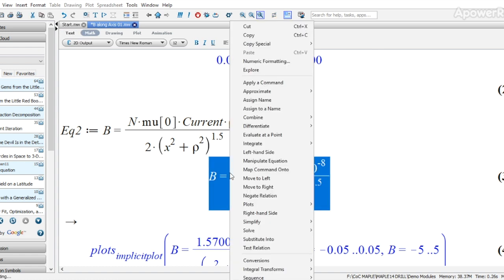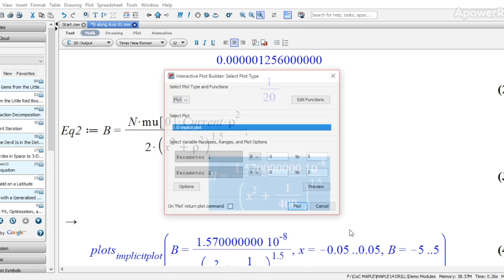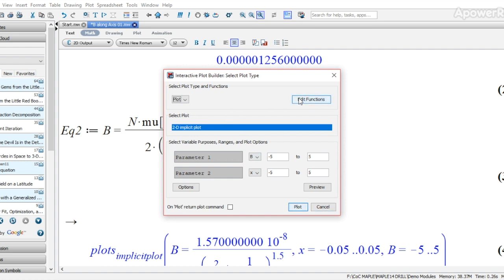If we right click upon this, we can look for a plot builder or two-dimensional implicit plot where x is on x-axis and b is on y-axis. But here we have one variable rho, that is the radius of the coil, so you cannot get a straight graph. Here we shall have preview,